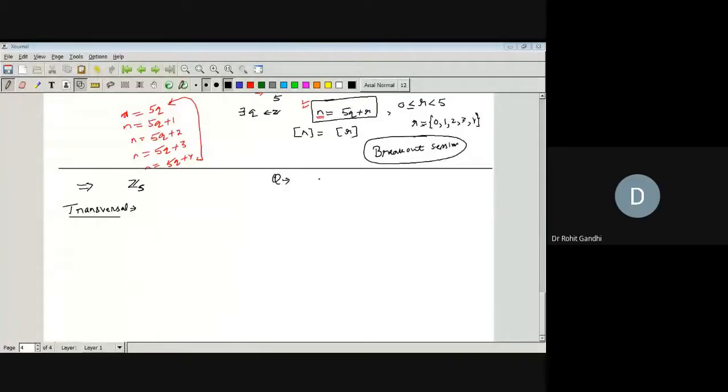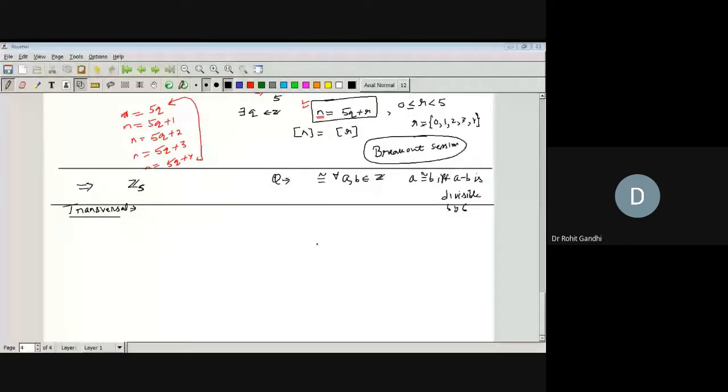Okay. So students, the question is that I am defining a relation like this: for any two a, b belonging to Z, a is in relation with b if and only if a minus b is divisible by 6, right? Divisible by 6. So think of this question and discuss in your breakout session. You have to write the equivalence classes. You have to see how many equivalence classes you got and the things which we have discussed.